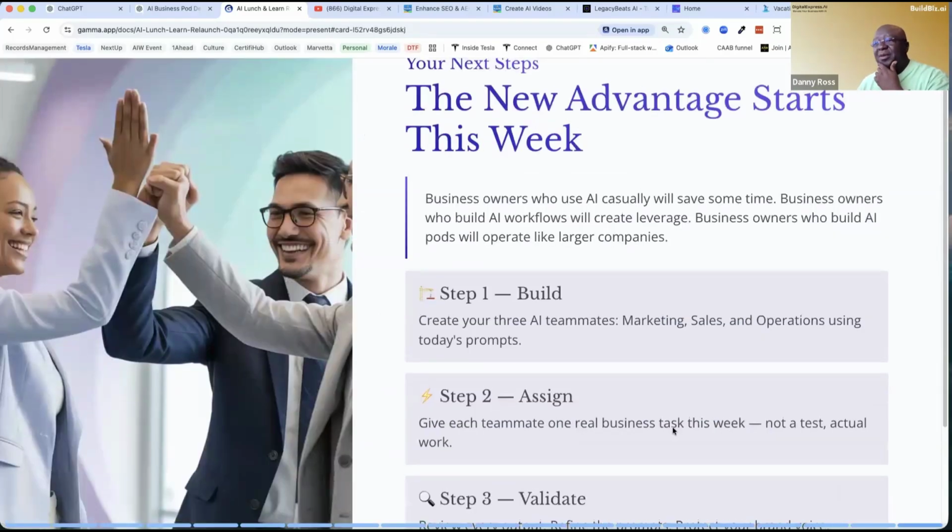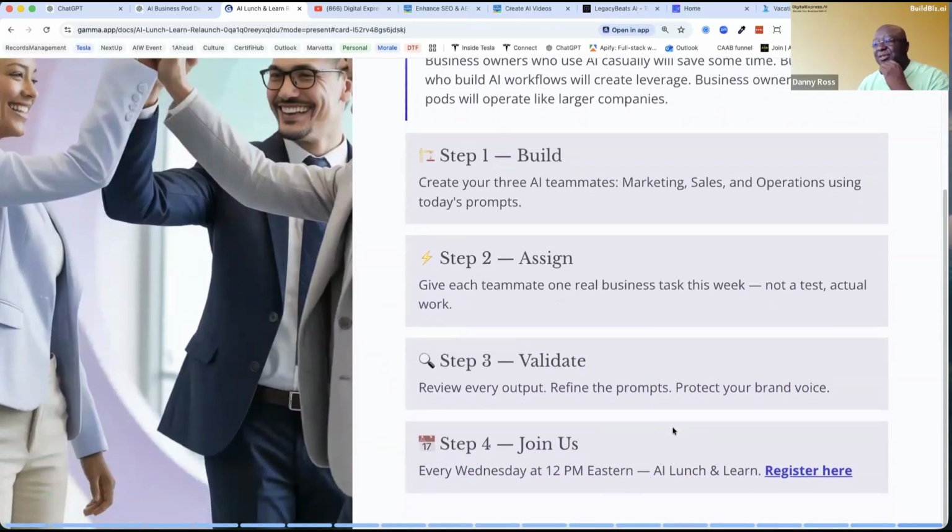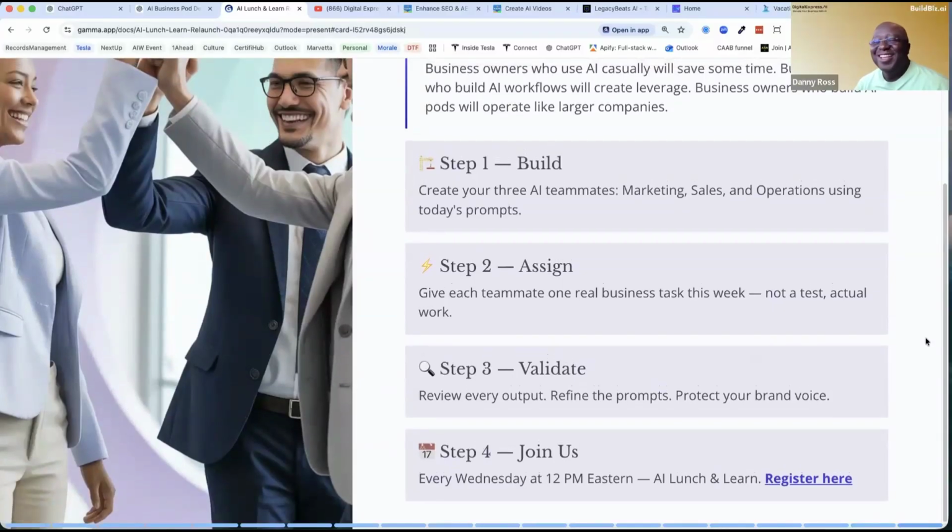So your next steps, the new advantage starts this week. So this is what I want you guys to start doing this week. Please, please, please go out and just play with this stuff. Don't be afraid. You can't break anything. Just go ahead and actually run these prompts. Practice, practice, practice. Start with the interview prompt, and then from there we can go. So I think I'll put a note to myself. Next week we'll talk about how to build a good, effective AI-based sales funnel and what to do with that information when you do create a really effective sales funnel and you start getting businesses in.